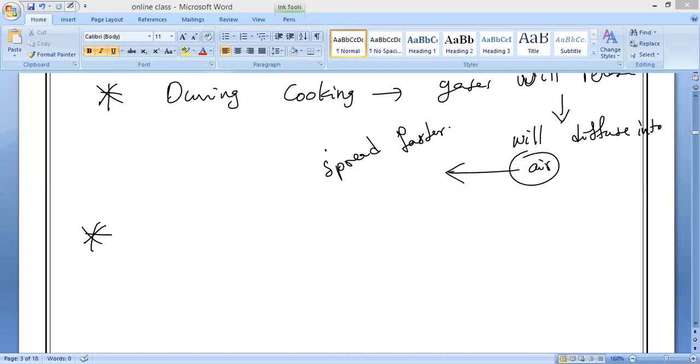Same way you can see, have you noticed it? When the food becomes cold, the smell won't reach us that fast. Why, guys? Yes, sir, because there is no kinetic energy. Over time the temperature becomes less, and the kinetic energy is also less. That is why only if you open the lid will we feel the smell. Yes or no, ready? Yes, sir.